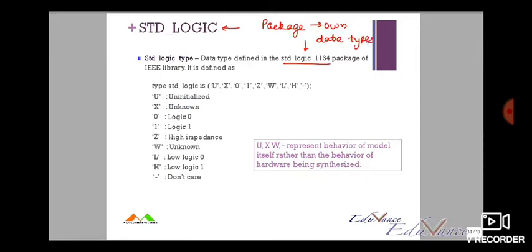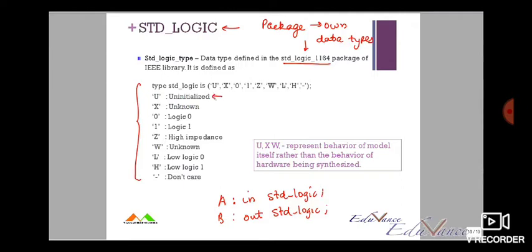Similarly, the IEEE designed its own package, which is the std_logic_1164 package, which says that if I have a terminal A of the type input or B of the type output, and I assign it a data type of std_logic, then A or B can take all these 9 values, which is,